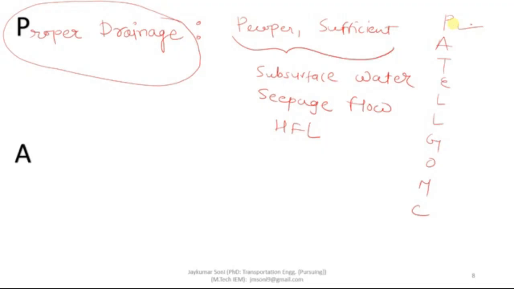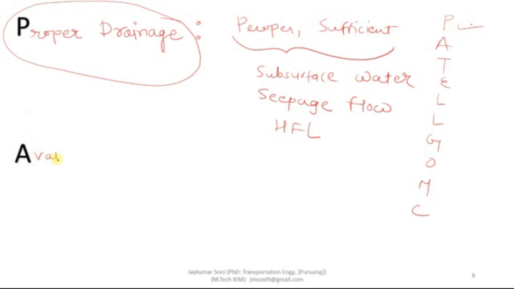Now the second criteria is A. The A stands for availability of construction material. I have mentioned in my previous lecture, as an engineer, it is your duty to reduce the cost of construction. So for bringing down the cost of construction and maintenance of highways, it is necessary to have easy availability of materials such as stones, gravels, sand, which should be nearby to the highway areas. The road alignment having minimum carting problems of construction materials is generally preferred.